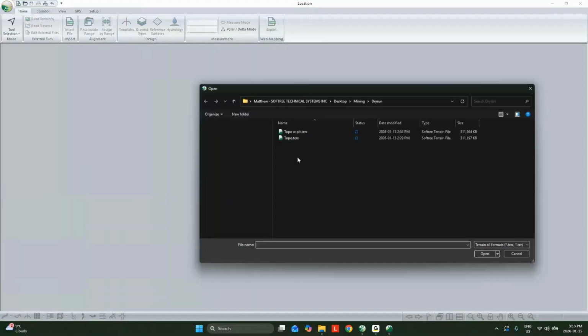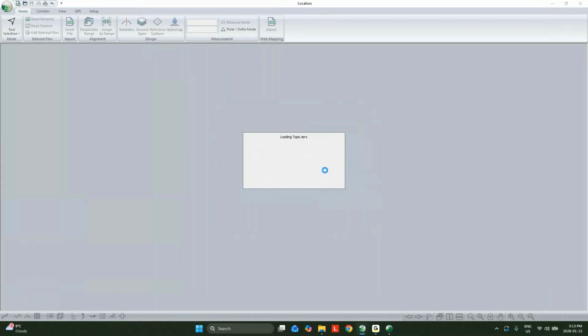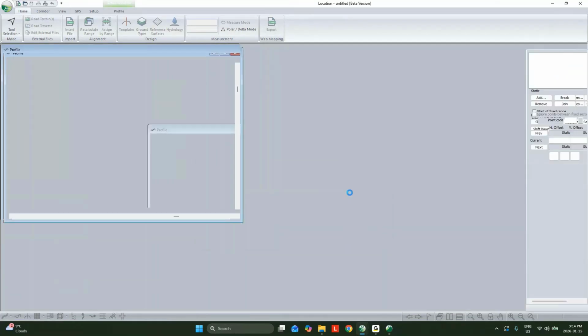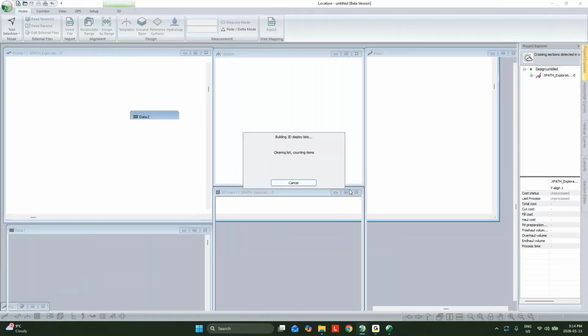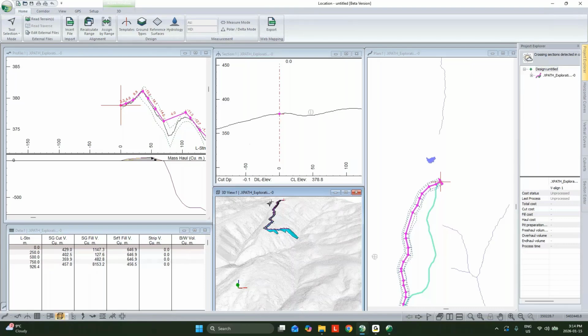So in location, I'm going to create a new location file that references that topo file, which we've just saved. I'm going to use that Path Explorer solution as my initial alignment. And we are going to